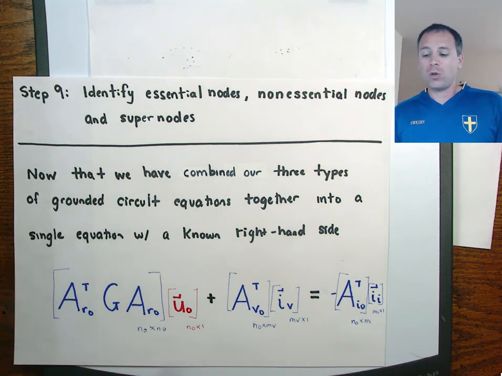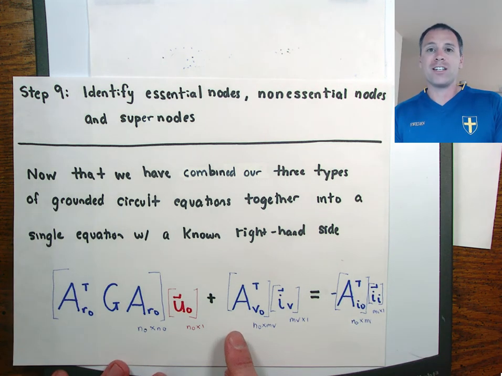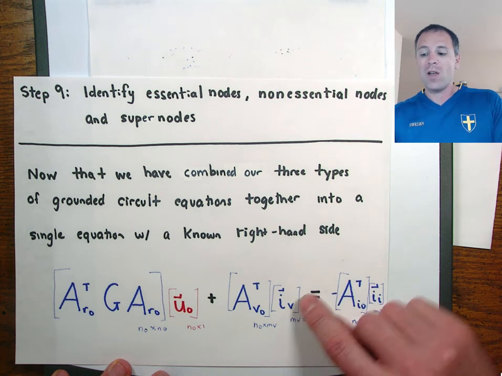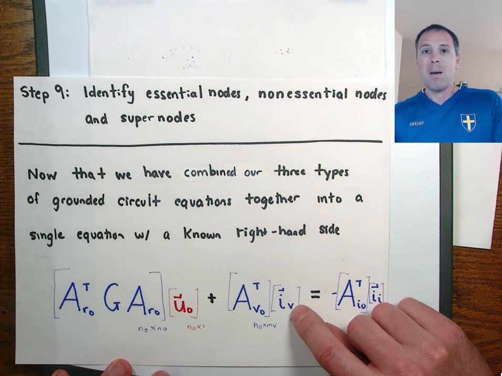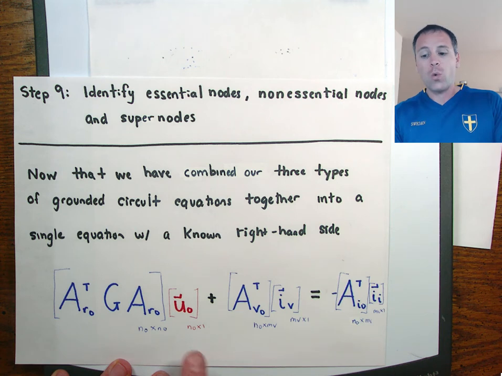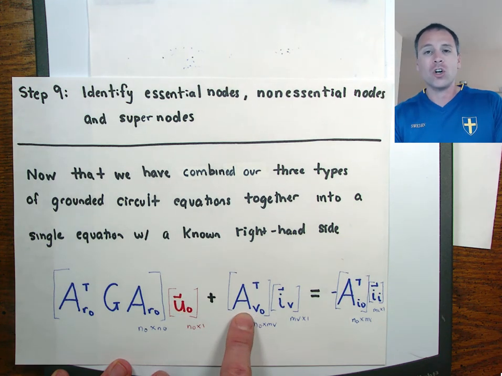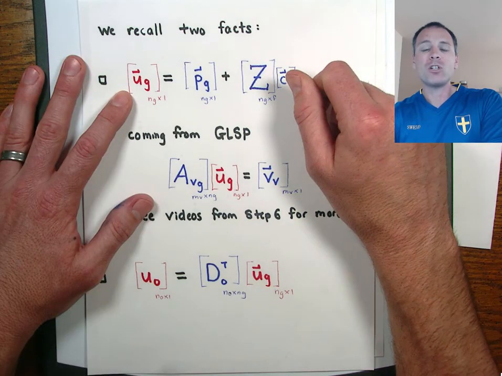Now, most electrical engineers say we can't do much more than this, go back to modified nodal analysis and be done with it, because this voltage source term shows up in this equation and we don't actually know the currents running through the voltage sources. But one of the claims that I make is we actually know information about this vector based on linear algebraic structures in such a way that we can eliminate this term by multiplying by the appropriate vectors to turn that matrix to zero. Let me be more specific about that.